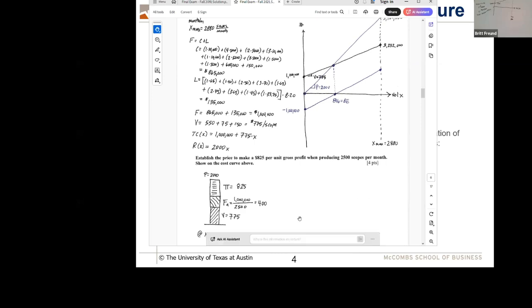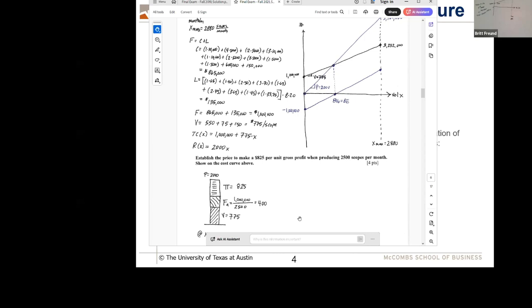Now, another choice we have is, it looks like in any given month, I can do somewhere between no scopes all the way up to 2,880. Why would I ever price at something less than 2,880? Well, what if I'm not selling 2,880 scopes in a month? What if once I'm running my business and I'm selling my scopes and my distribution channels are working, this is how much I'm selling through my channels? What if I'm selling 2,500 scopes a month? It would be kind of pointless to use 2,880 scopes as the basis for a financial target, which I'm not going to meet on average, because that's not the volume that I'm doing.